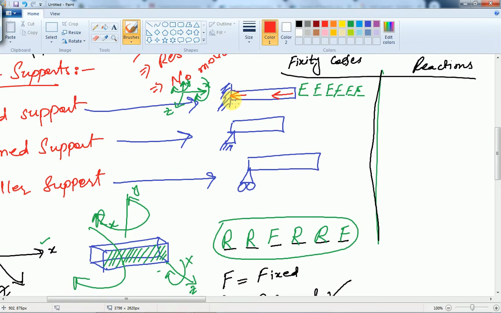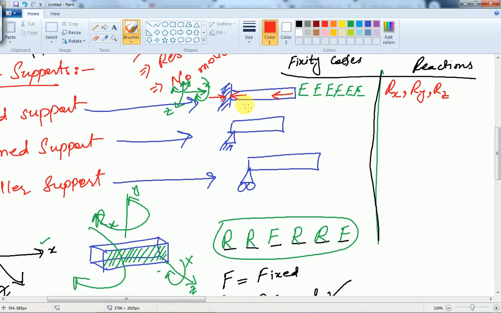The support will surely put a reaction equal in magnitude and opposite in direction. Obviously it will balance out. So